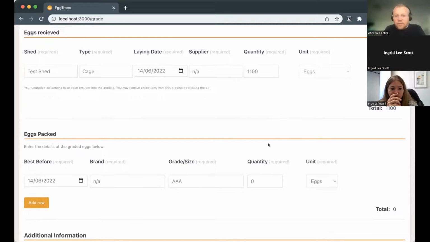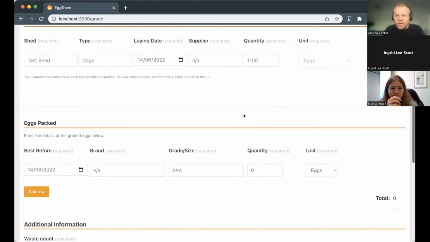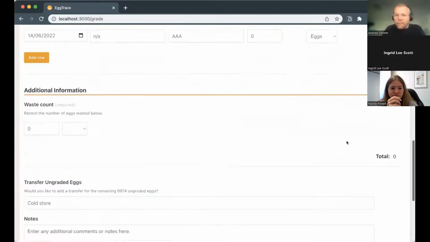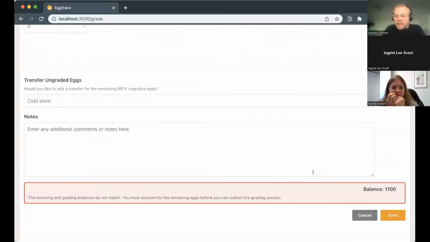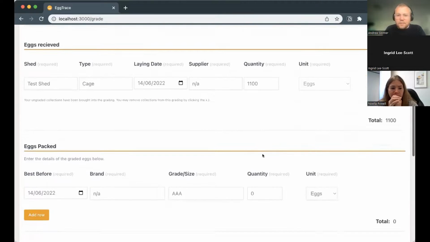Now, importantly, from a traceability perspective, you can only grade the eggs that you've received onto the grading floor. So the tool won't let you grade more eggs than you have, and it reflects that in the total here as well. So if I go through and I pack some eggs, I've got 1,100 eggs available to me. I can put in this gold, and we'll do 500,